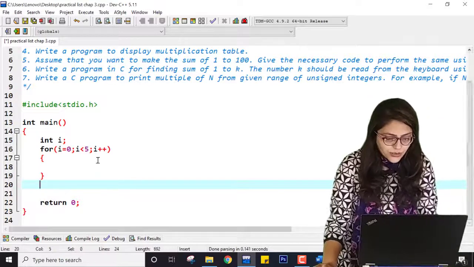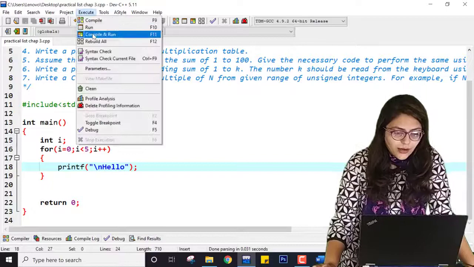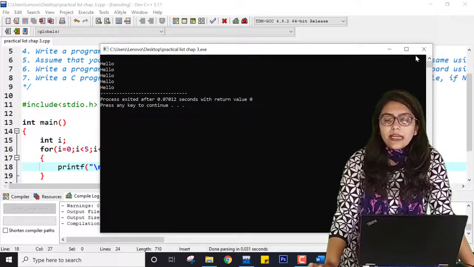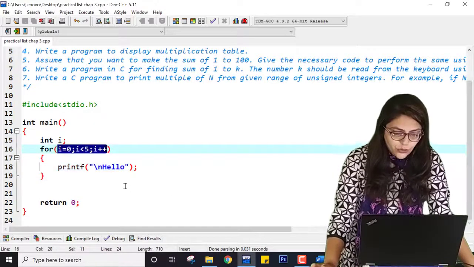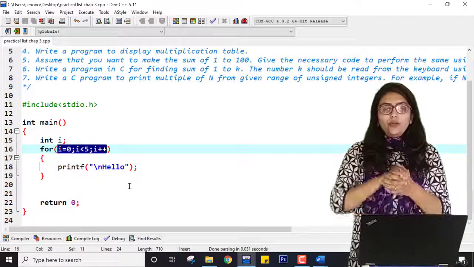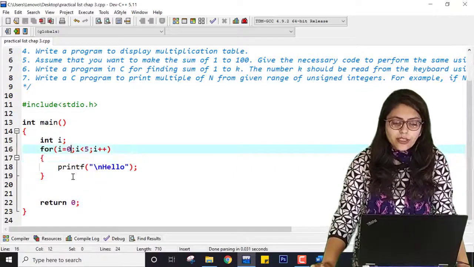After that I am copying it, cutting it and pasting it over here. If I compile and run it now, it is executing and giving me the same result. Here, I know that to find the range, I want to iterate the loop 5 times. So I will start with 0 and go till 4.